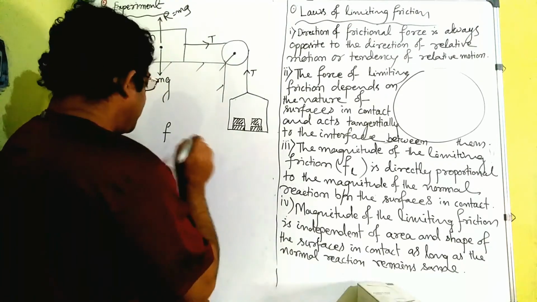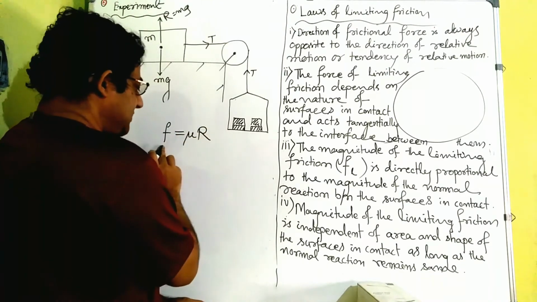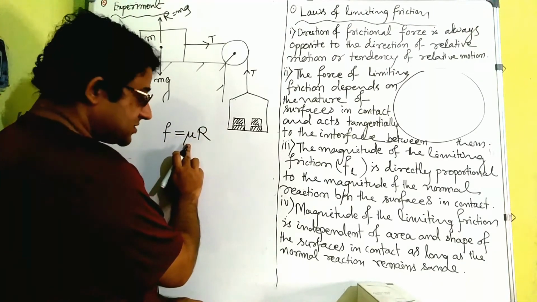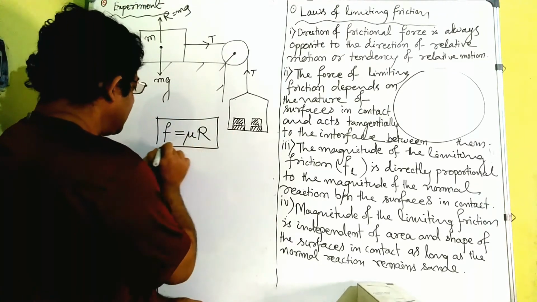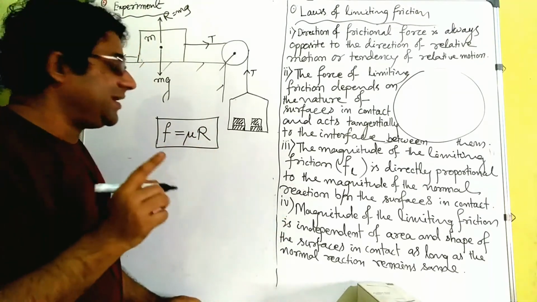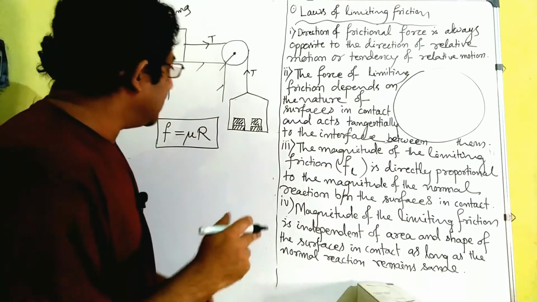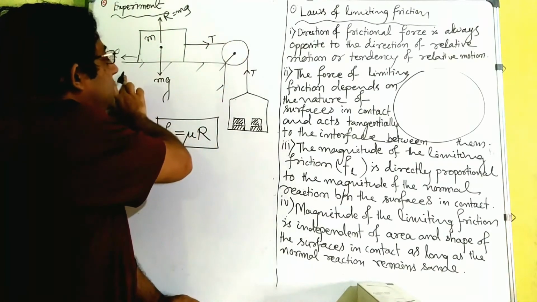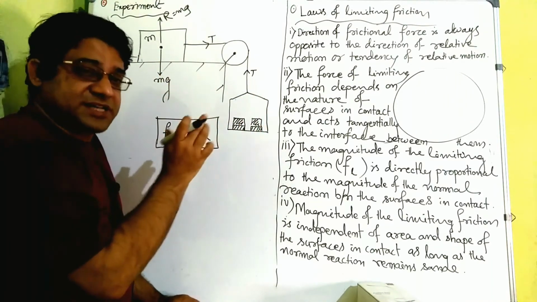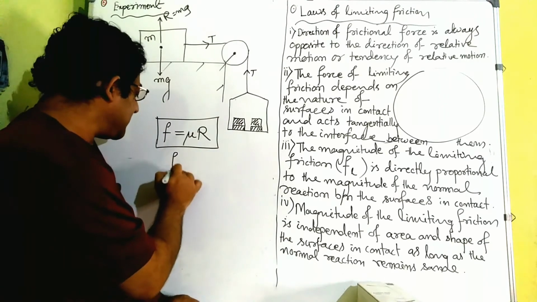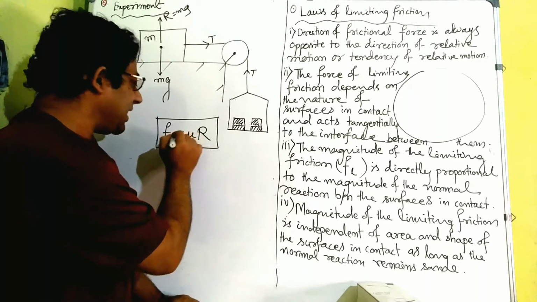Absolutely clear, right? Now one more thing, when we say F is equal to mu times R, F is the frictional force, mu is the coefficient of friction between the surfaces in contact, and R is the normal reaction. There we have to keep in mind that there are two scenarios. One is a static scenario, one is a kinetic scenario. For example, there is a frictional force till the body has started to move, and that is called static friction, and one maximum point comes, the limiting friction, and that limiting friction only is equal to mu multiplied by R, right?